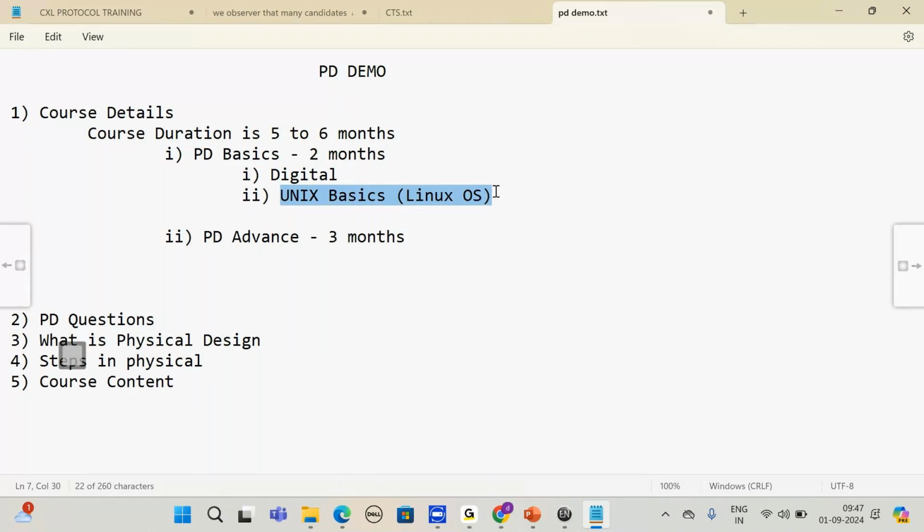This is very, very essential for physical design. Not only for physical design, for any VLSI course, this is very essential. As a fresher, when you go to industry, you cannot say that you don't know this command. You should know these commands. Right? So this course will take almost 4 to 5 classes to complete. Right? Next, we will cover